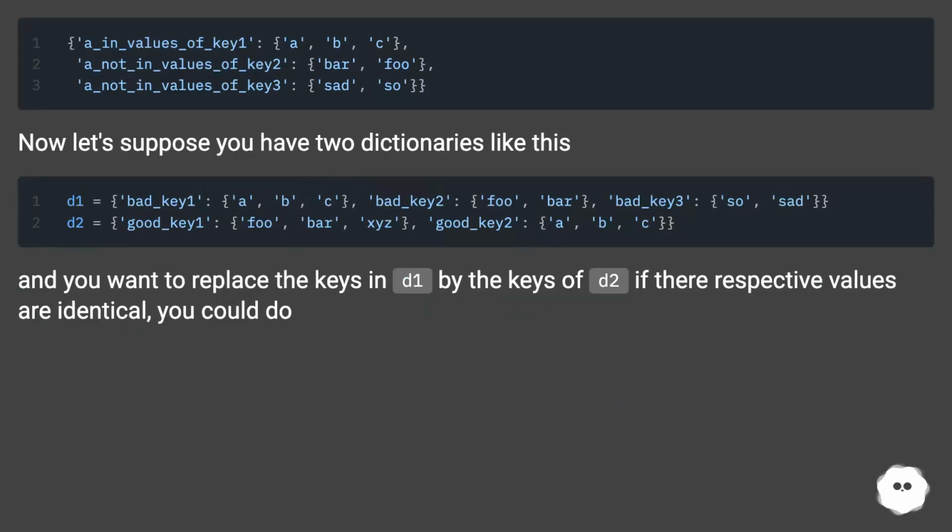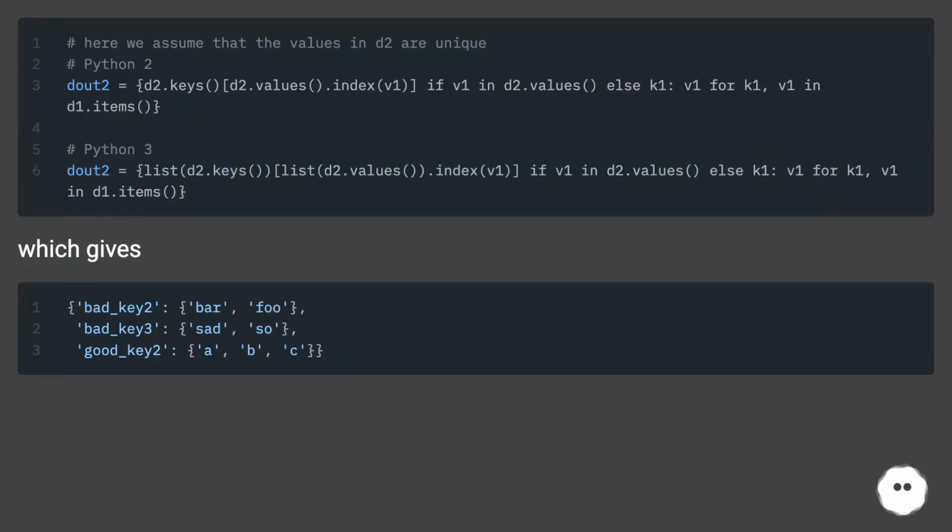Now let's suppose you have two dictionaries like this, and you want to replace the keys in D1 by the keys of D2 if their respective values are identical. You could do this, which gives: